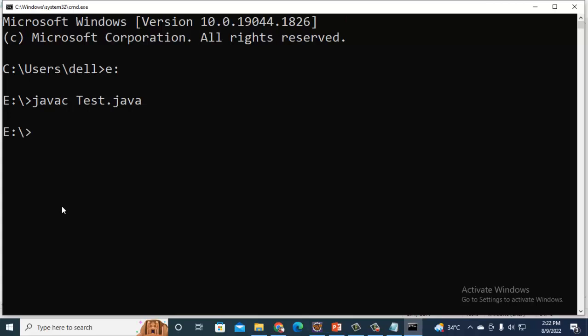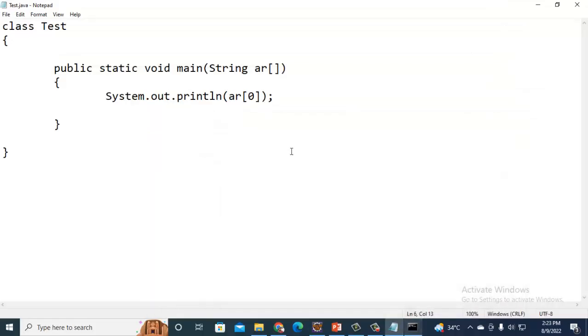Now run the code. Test is the class file name. Then give some input. I am giving the input hello. This hello is the command line input. Press enter. Hello is printed here. Now come to the code again. When I provide the input hello, it is stored in the array at the first index, and this System.out.println command will